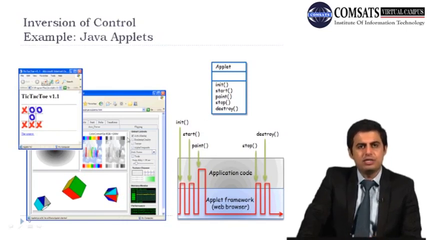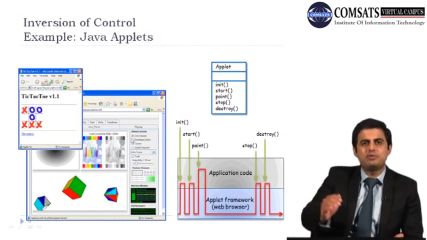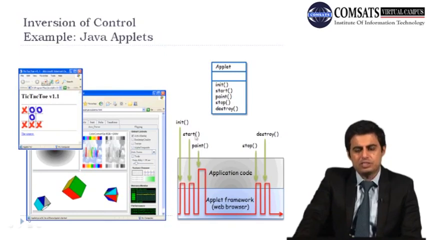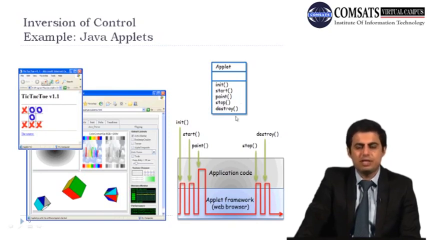You simply have to write the kind of classes you want to put in your code. So you simply have to extend them and import them in your system, and frameworks call those kinds of applets. For example, in this particular applet, these are the typical examples of the methods which are found in an applet. For example, there is a start applet method, there is a paint method. It will give the colors to the applet, and a stop method and a destroy method.